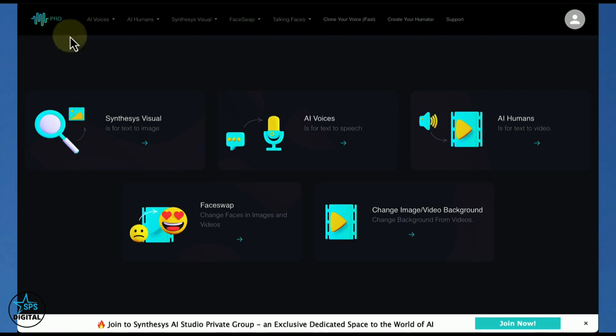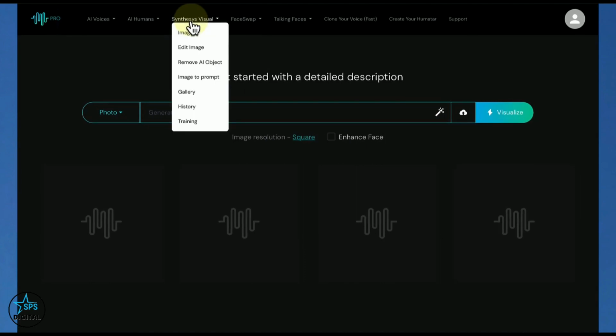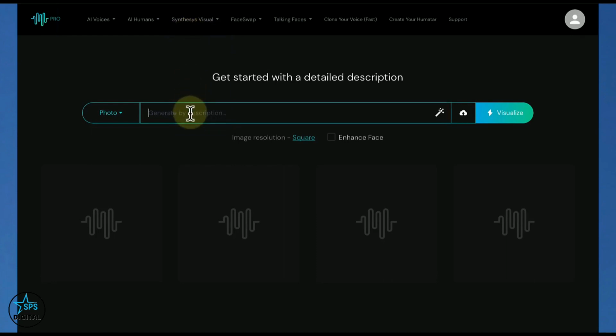So for instance, we go into Synthesys Visual right here. If you have other products in the Synthesys family of products, they may be showing up on this screen, but you just click on this. Or you could go to the Synthesys Visual menu on the top. Again, this may look a little different because I'm in the admin account right now, and I have everything in there. But Synthesys Visual, this menu tab right there, is what we will be dealing with. And the most important thing is the Imagine. So you do Synthesys Visual, you click on Imagine, and then boom, you are in and ready to make your